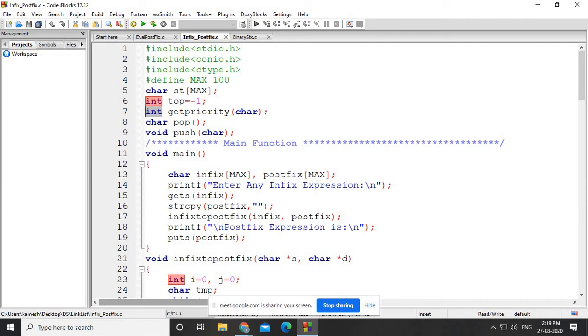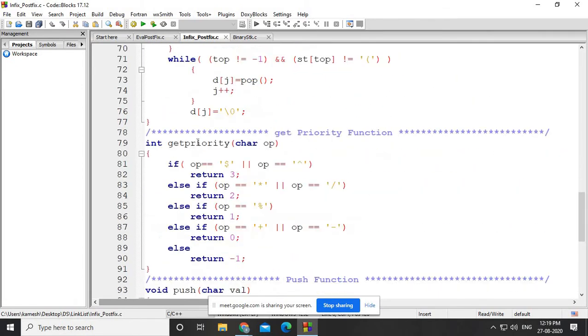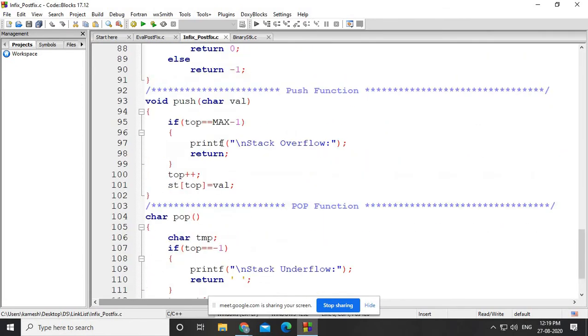Okay. Then we have implemented a character-based stack, and you know that for a stack there are two functions: one is pop and another is push. Push is an insertion function, so whenever the user calls push, the user will pass one character. Similarly pop will return a character, an operator. So push and pop functions are there. Okay, fine. Now we'll discuss this. What is the push function? We have already discussed how to implement this stack, so push and pop function coding, you know.